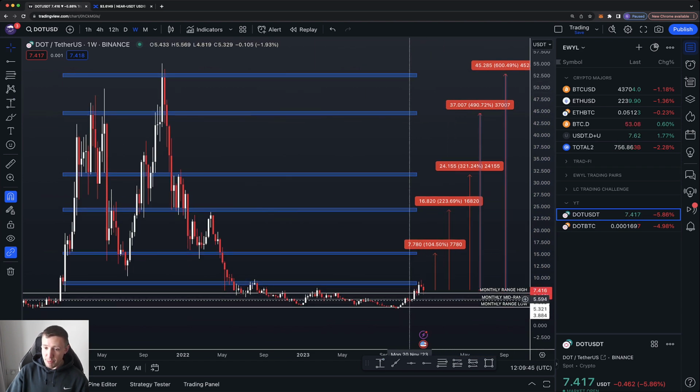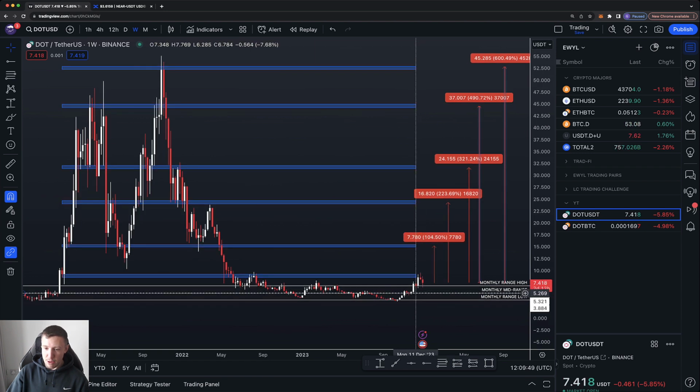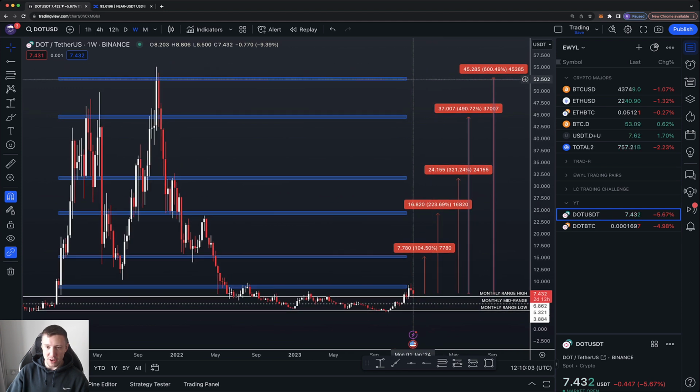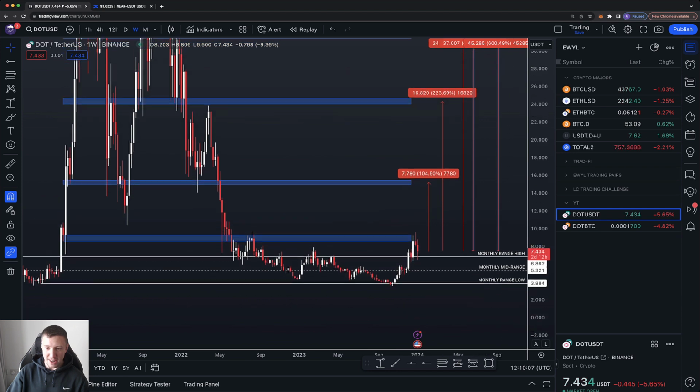So as I said before, don't be too concerned about the fact that you might not get these prices again below $7. $7.50 is still a very good buying point, especially if you accumulated some of your bag below $6. Adding a little bit here isn't really going to push your average price up. And as I say, we are miles away from the top. We're still much closer to the bottom than we are the top, even though we have rallied a fair bit